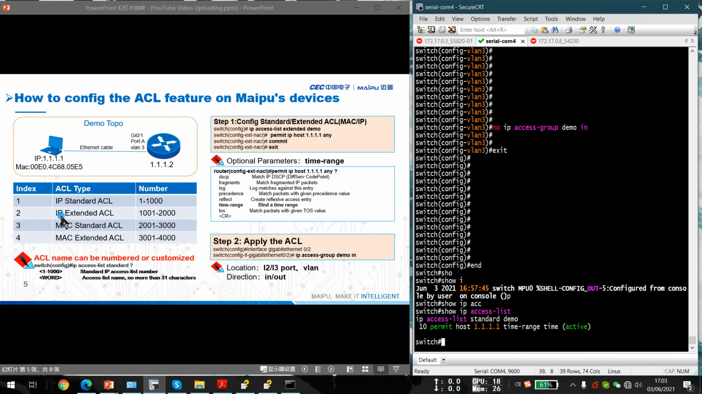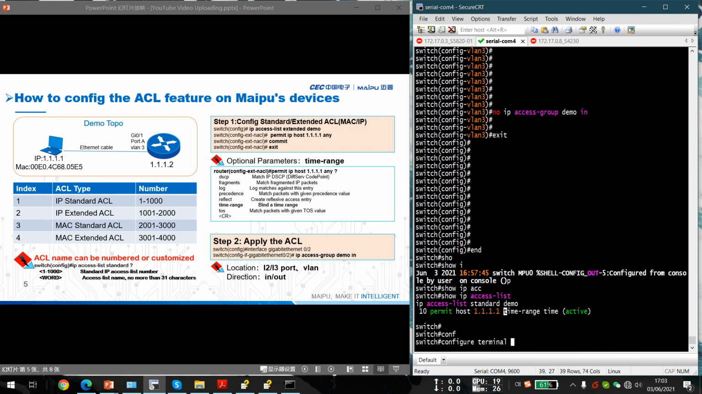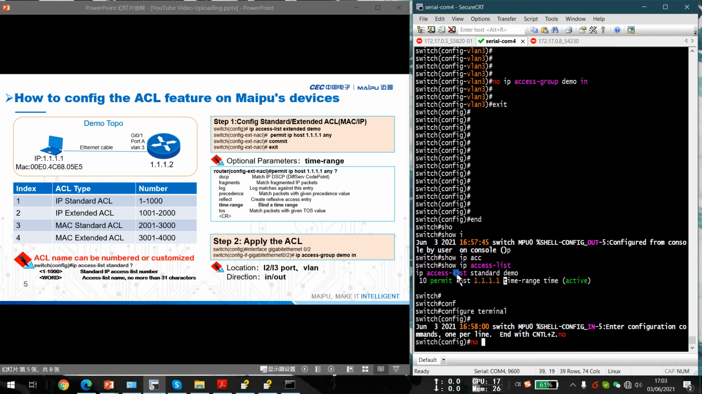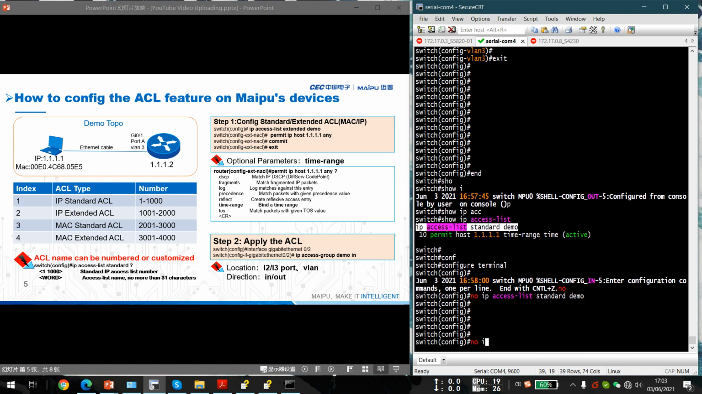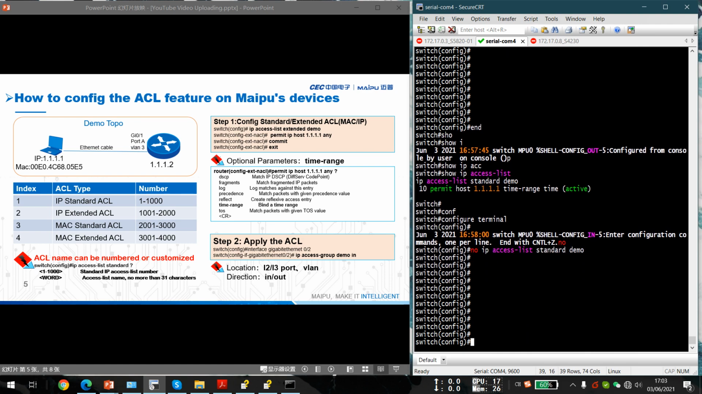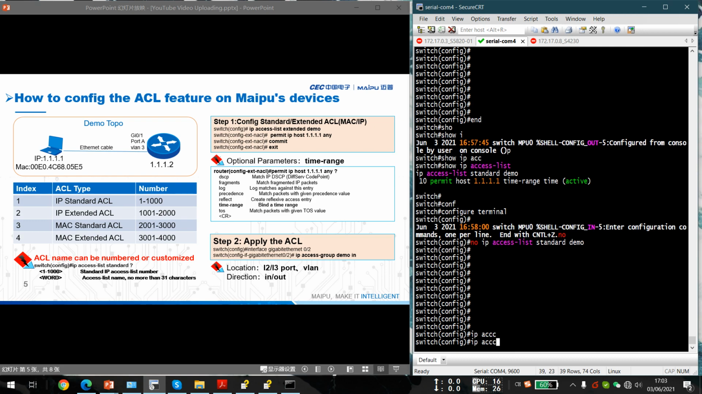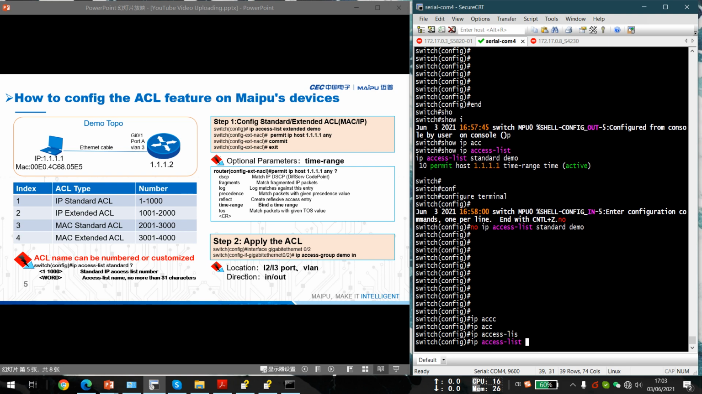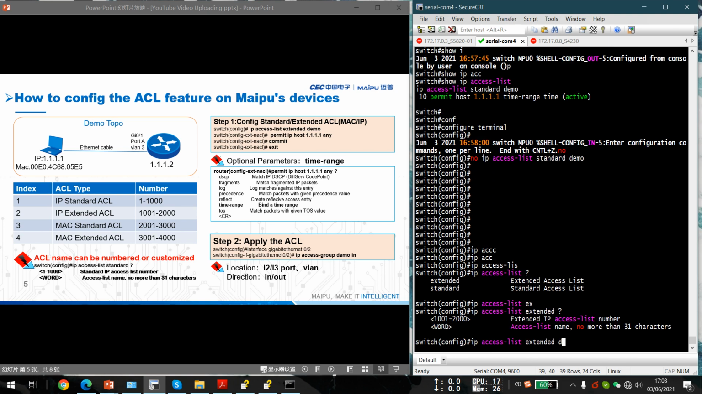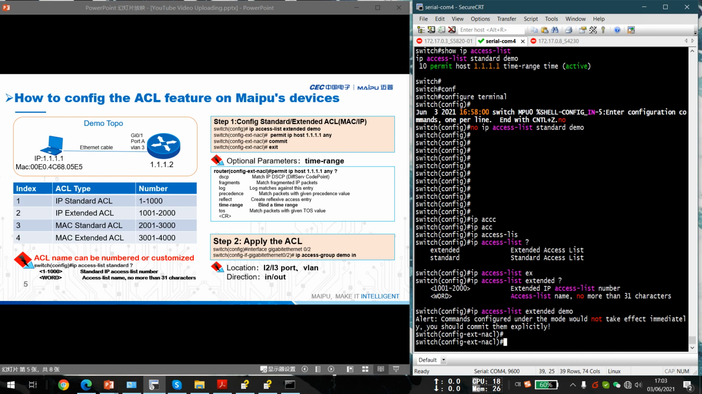And now I will do the configuration example of the IP extended ACL. Now I need to delete the standard ACL with no IP access-list. The ACL has been deleted. Now I will create a new extended ACL: ip access-list extended. The name is demo2, and here